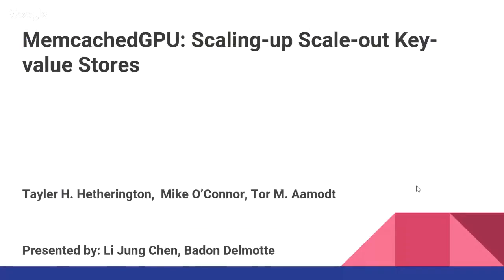We are Group 13, and today we are going to present a paper which is MemcachedGPU: Scaling Up and Out Key-Value Stores. The authors of this paper are Tayler, Mike, and Tom, and the paper is presented by Lijong Chen and Baden